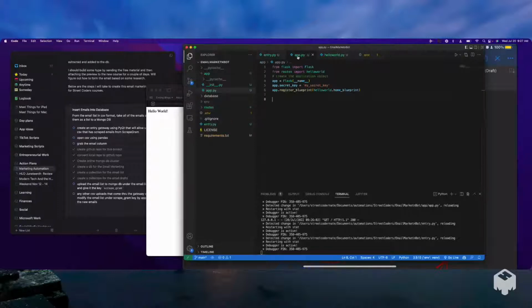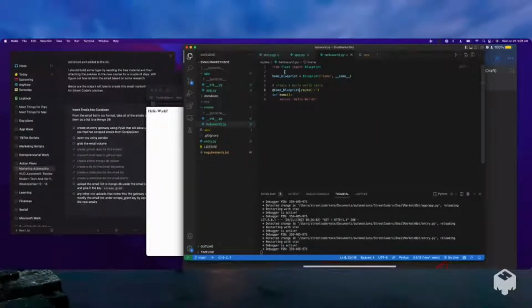So if we go to app, you see that app is a Flask application and it got some routes. Right now, it just got a hello world route. And basically, we created this as a way for us to create routes. So if we go to Hello World, we come here and we see we're about to register a blueprint right here. We're about to create a blueprint, and what this blueprint does is